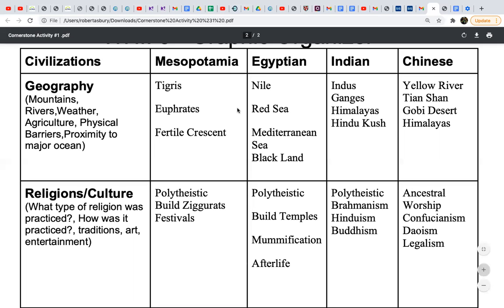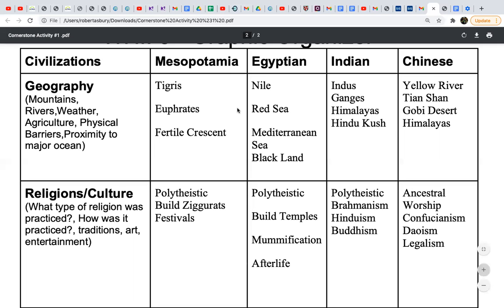These were the three natural barriers that protected India. In China, you've got the Yellow River, also known as the Huanghe River. The Gobi Desert to the north, and of course the Himalayan mountains to the southwest, which separate it from India.